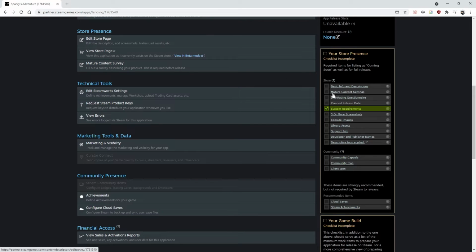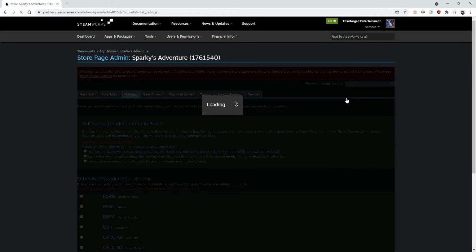Then you have to fill in the mature content, which is this one. It's just a survey that takes 2 minutes. Just making sure that you are not releasing anything illegal, so something that is against Steam's rules. And then you have to fill in this self-rating questionnaire. And basically you can actually click on it here. So if I click on this questionnaire, you can see